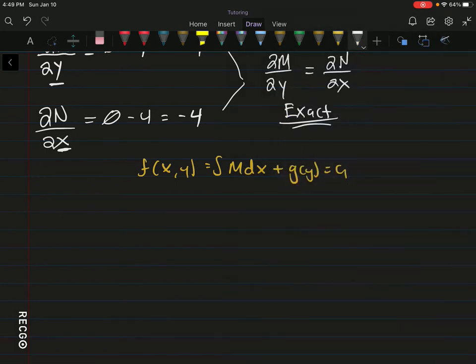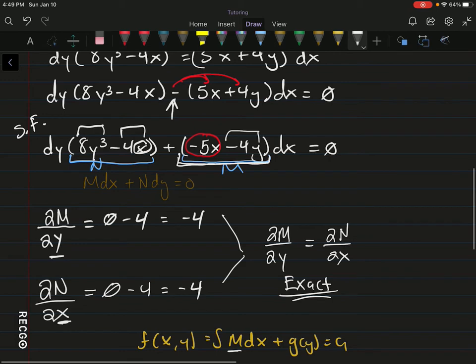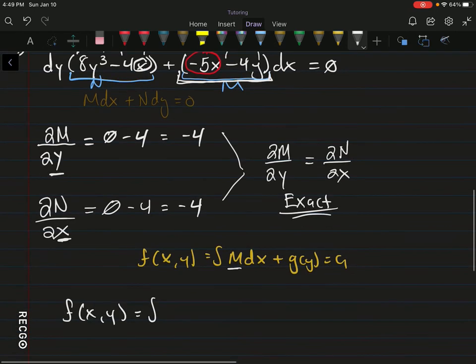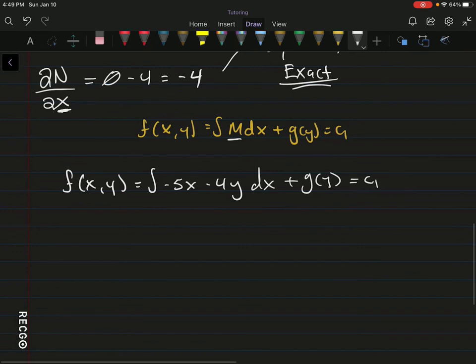Okay, so here we're going to plug in our m. Let me rewrite this. Integration of m, and our m is going to be our original m that we have here. So minus 5x minus 4y, integration with respect to dx, plus g of y equals c1. Okay, now our goal here is for us to find this g of y, but first we need to take